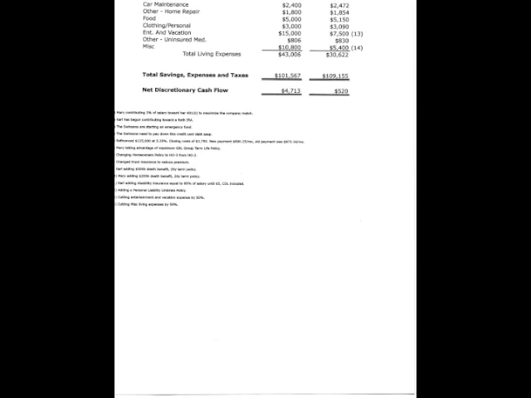As we discussed, the benchmarks indicate that you're way too high there. We believe that there's a lot of fat there that we can cut and use to fund the other recommendations that we've made.